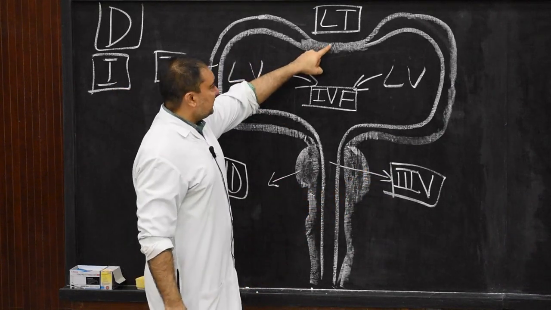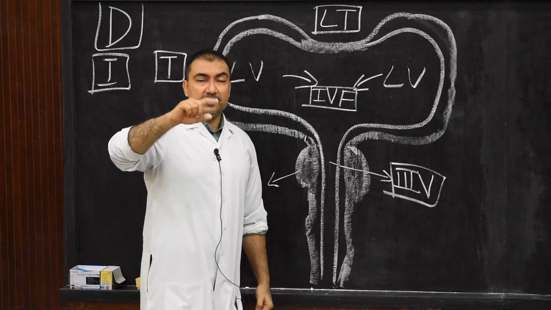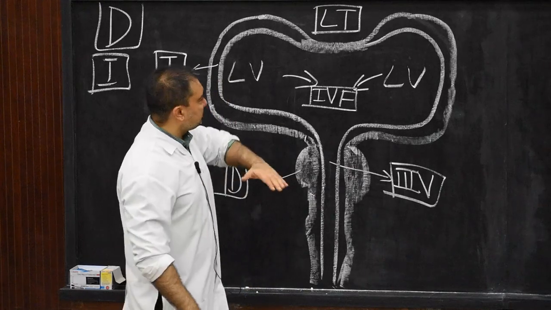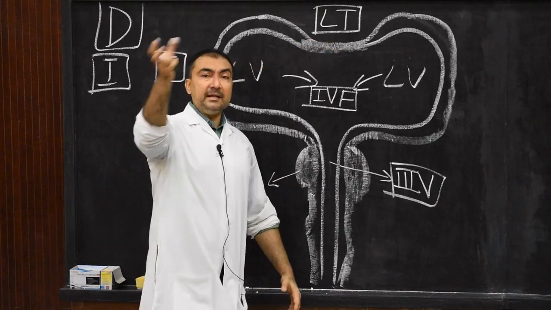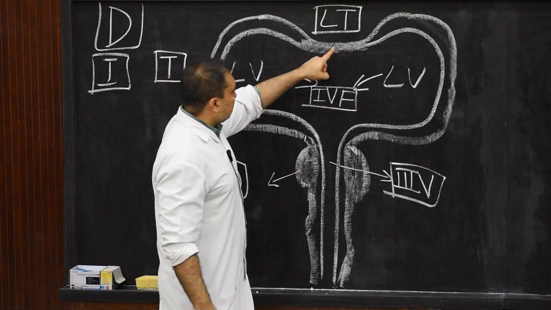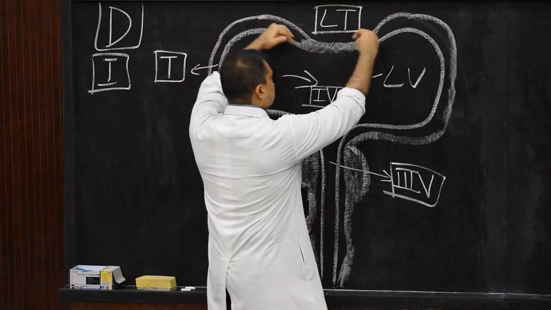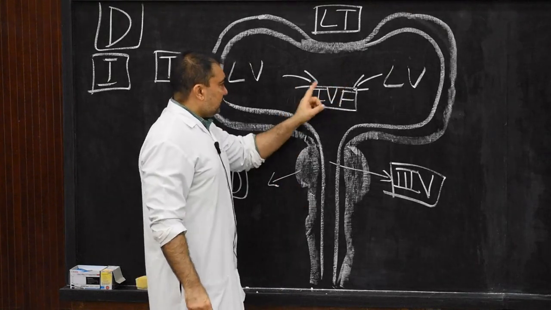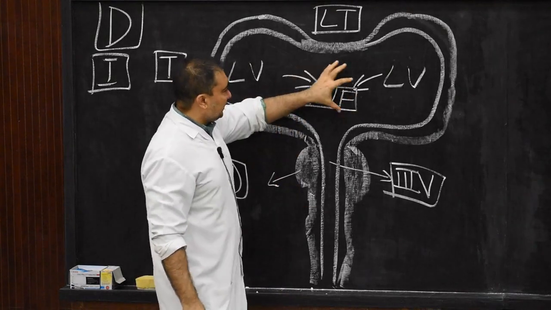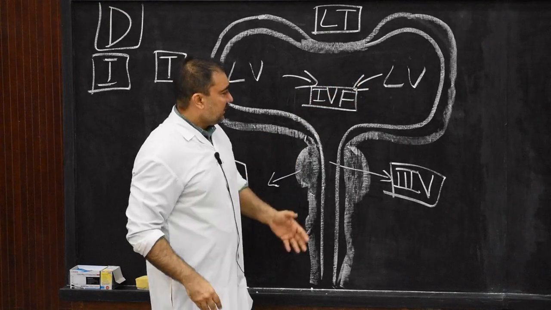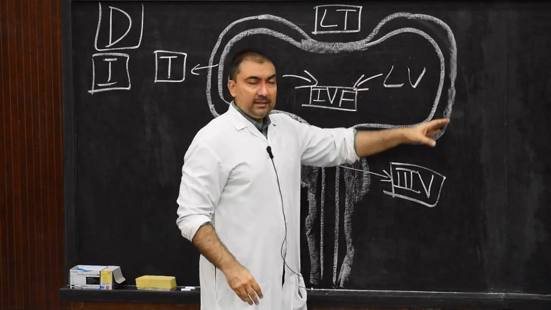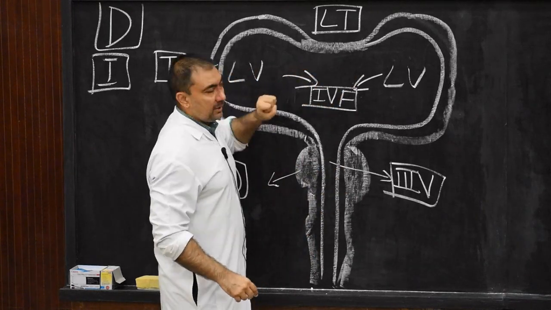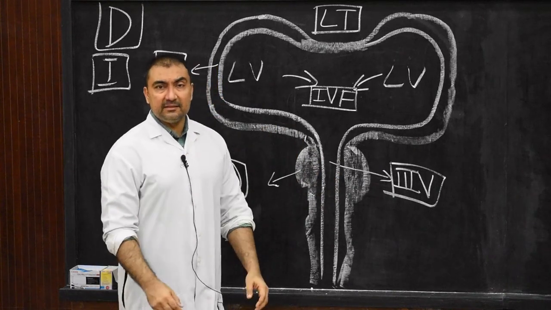Lamina terminalis is an important component because it is where the anterior neuropore will close, and also it will form the anterior wall of the cranial end of the neural tube, and also the median part of the two cerebral hemispheres. Now, there is another point, the interventricular foramen. Gradually this space will reduce as the diencephalon develops and the telencephalon also develops. We will see that this space will narrow down as the cerebral hemispheres gradually increase in size.